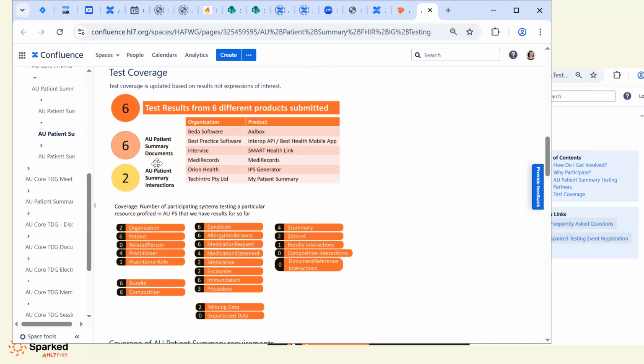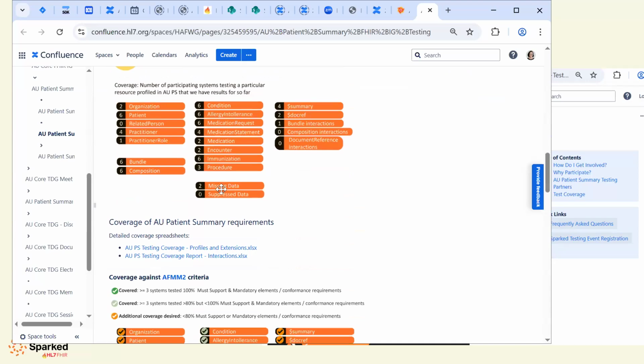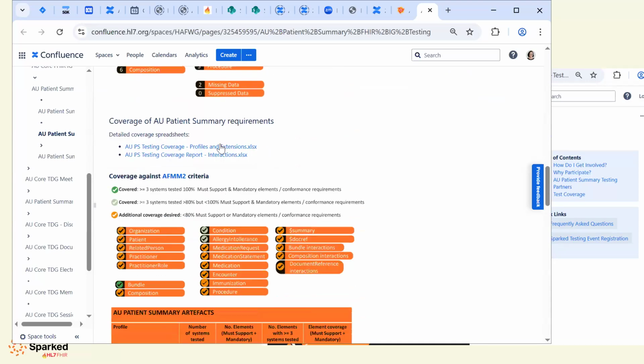When we have additional results come in, whether that's out of the June testing event, before it or after it, this will be updated, as will these overall numbers. And what we have are the detailed testing spreadsheets here. This is where you would go if you want to know who's testing composition.identifier. That's being tracked in here.